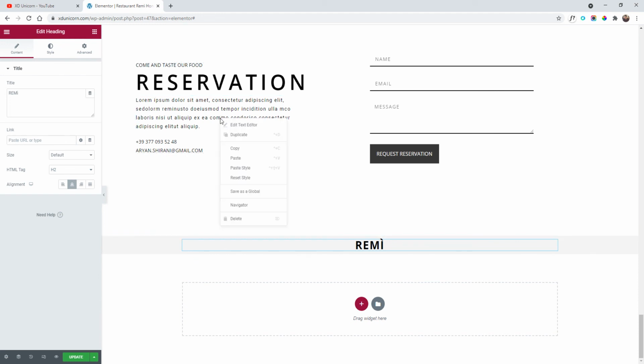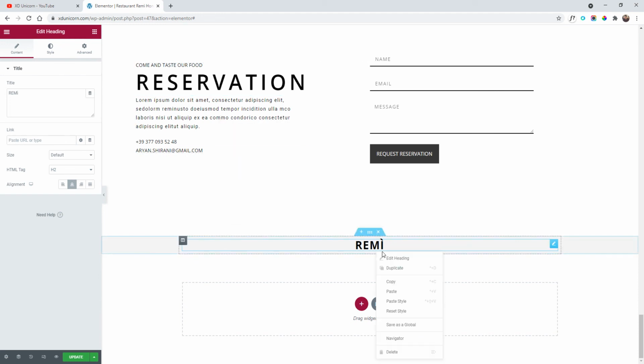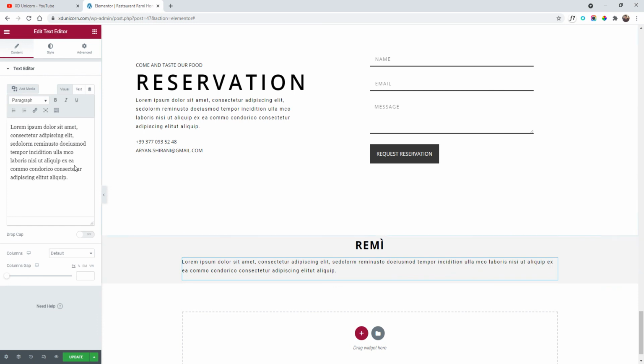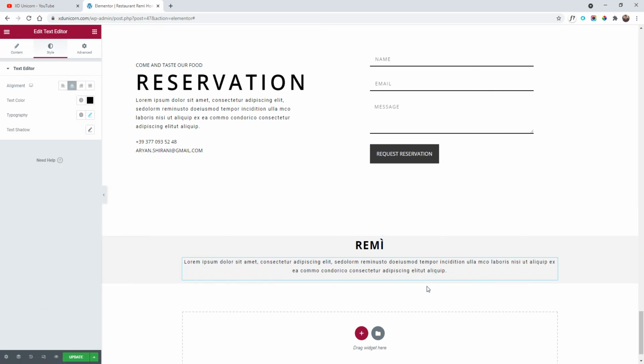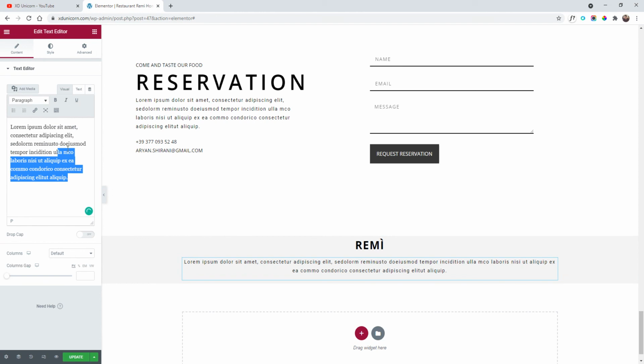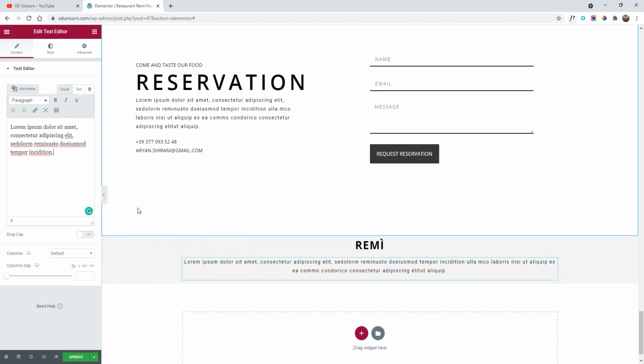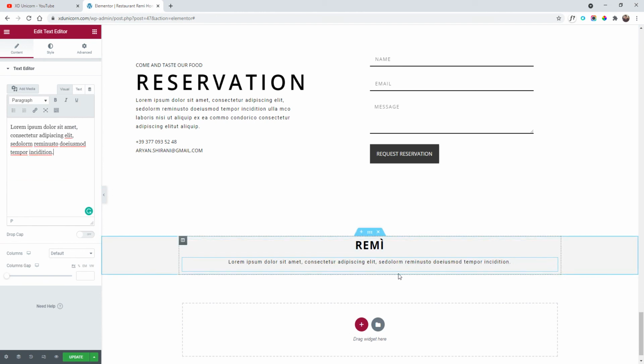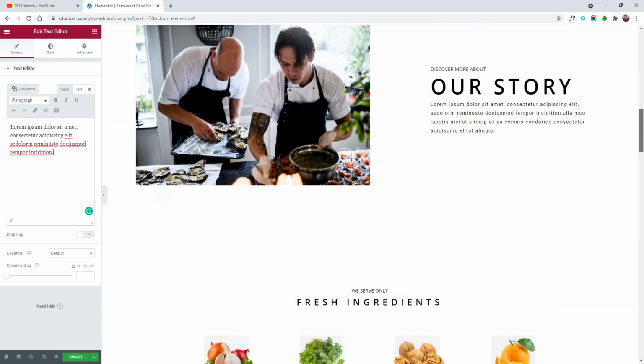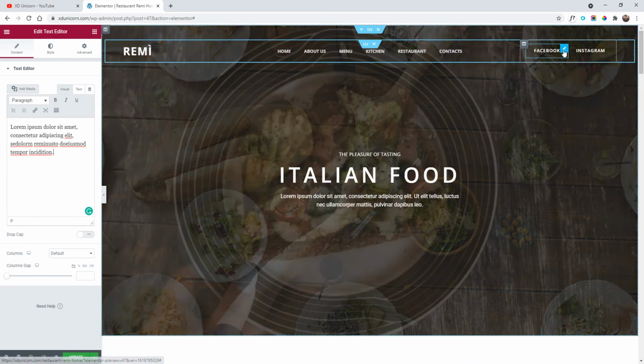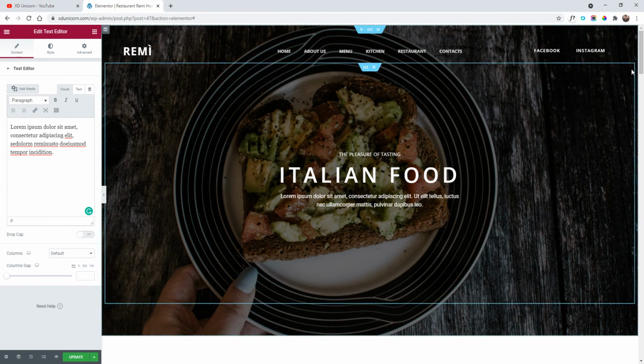I'm going to copy this text here, paste it underneath, and style, center it. Cool. There is way too much text anyway, so I'm going to remove it. Let me go on content here. Okay, so we can actually copy our links here. If you wish, just click on copy on the Facebook button,